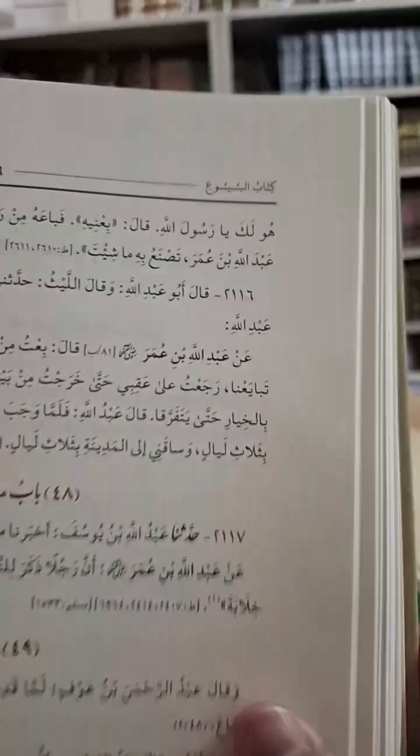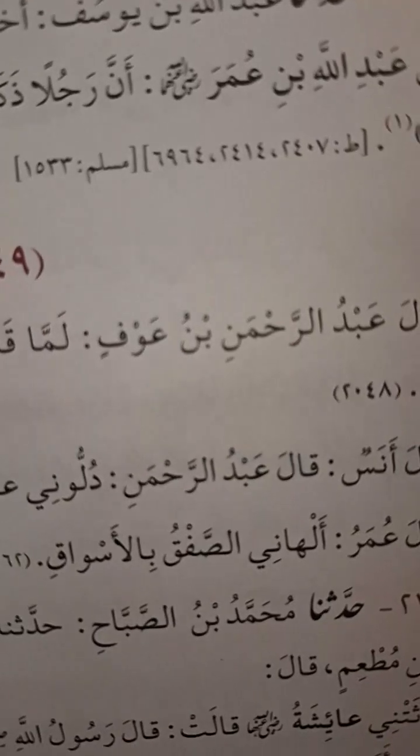means this same hadith in Sahih Bukhari has come before at this number. And if this is the first place it's being mentioned, then all the subsequent instances and numbers have been mentioned with the atraf. This hadith 2117 is also found at 2407, 2414, 6964. If you go to 2407, it will say Unzur 2117. Go back to 2117, and you will find all the different turuq and all the different